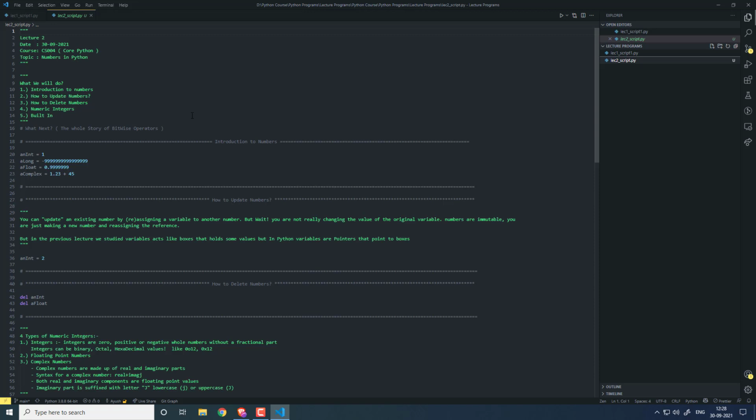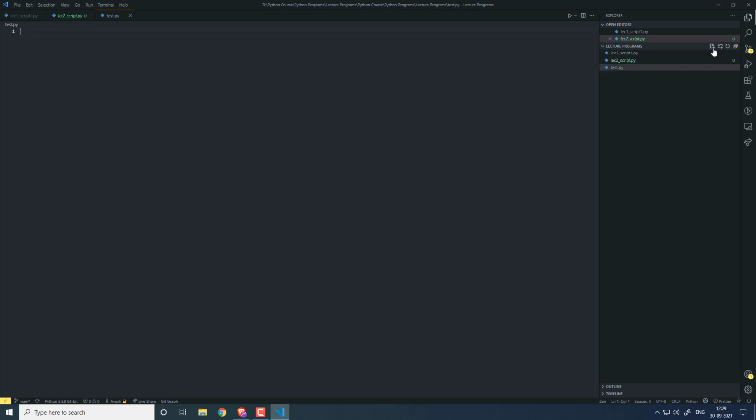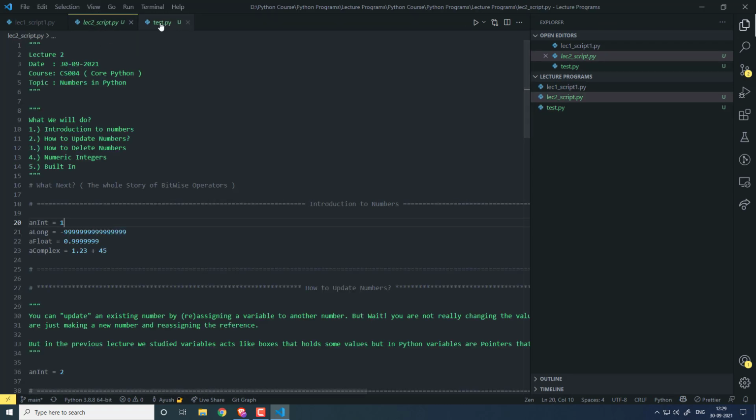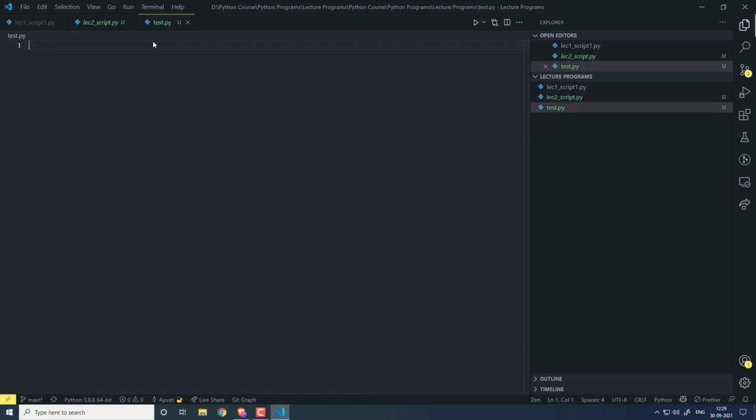So how do we store numbers? Here we have an int where we are storing 1. Let me make my favorite test.py where I'll be coding with you so that I can take more examples. If you want to store an integer, you will store 4. Now, if you want to print that integer,